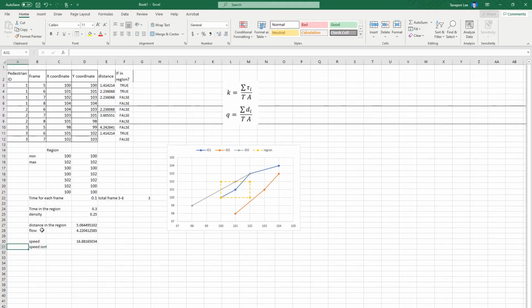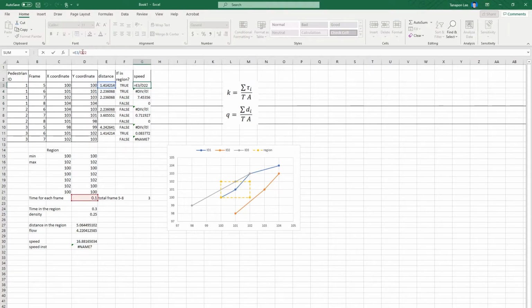Instantaneous speed, instantaneous speed, that divided by the time, then you can just average. Yeah, so this is the average speed